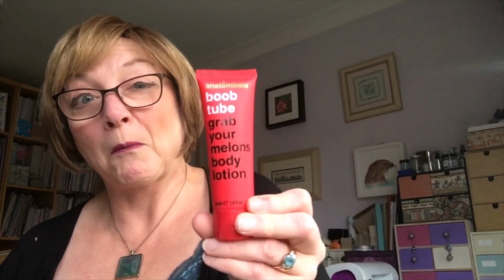Oh, the next one, Boob Tube. This special edition watermelon body lotion created exclusively for glosses. As well as hydrating and moisturising your skin, this one-off lotion has a gorgeous watermelon fragrance you'll adore. And this is it. And it is called Boob Tube. Grab your melons. Actually, on a serious note, because it says in the box here,